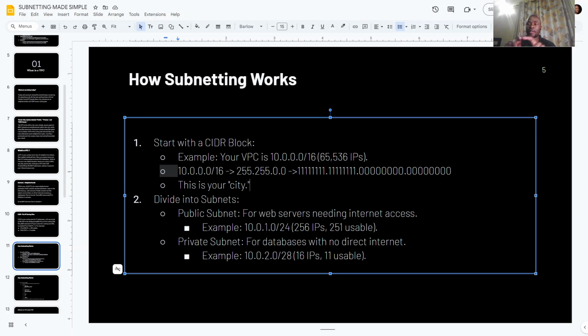This is our network portion, and the host portion is this. For our /24, if we convert this into our subnet mask, we get 255.255.255.0, which in turn gives us a binary format of